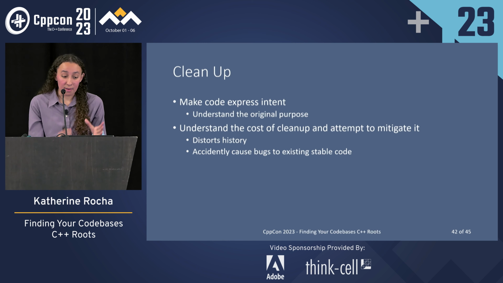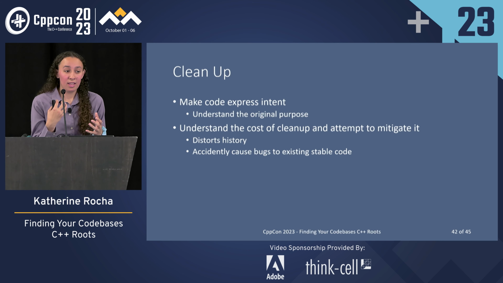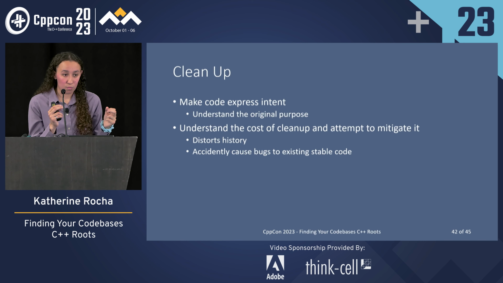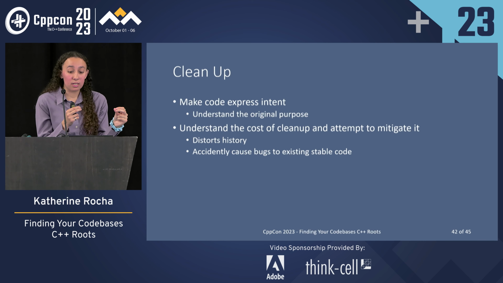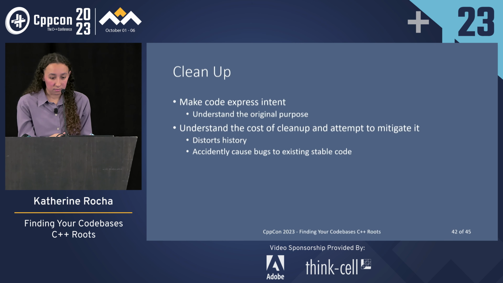Good. And then with that, we can accidentally cause bugs in stable code and have a distortion of our history, and it makes it even harder to read. So this is this double-edged sword of how do we end up cleaning things up better, but also understand that we're actually tampering with the history that we want to protect and save. And so a lot of that is being really explicit about where we're cleaning stuff up and where we're not, and why we're cleaning up the things that we're cleaning up.